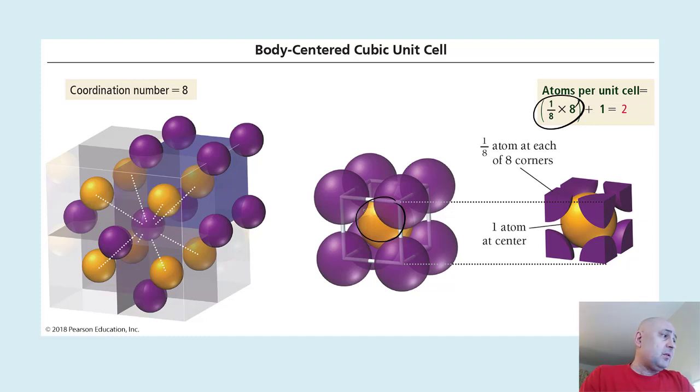And so the coordination number is actually easier to see here than it is here, because you can tell that the one in the center is connected to all 8 atoms on the corner. So coordination number 8,